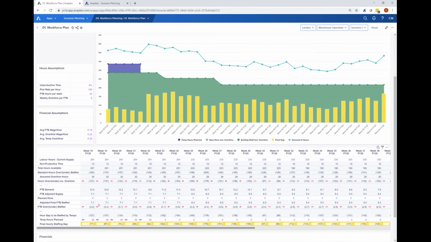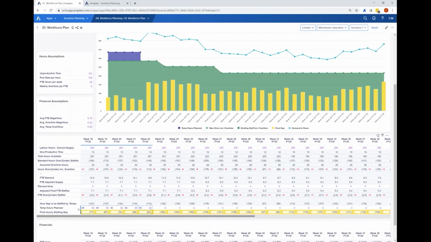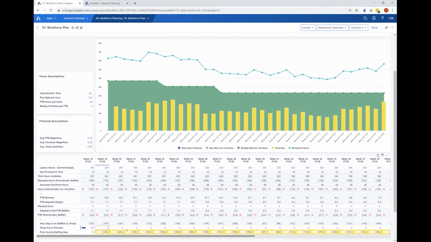Option 1 is just to rely completely on temporary staff. Option 2 is to actually hire in new people. So if I start, let's wipe out these numbers here for the temp staff that we had already. What I could do if I wanted to just look at the gap that we have. So in this case, it's 127 is our staffing gap. I could just say, well, let's just get 127 hours of temporary labor, and that's filled our gap. 137 hours in week 19 and 124 hours in week 21. So we're filling our gap exactly